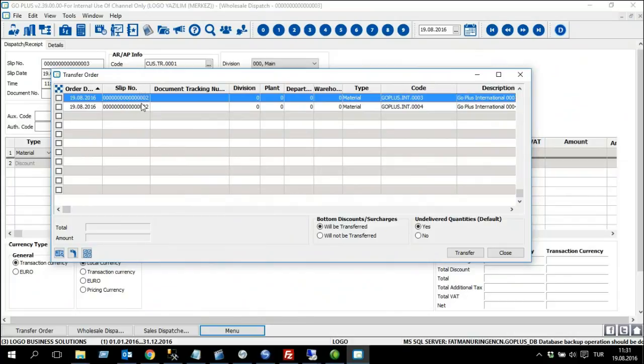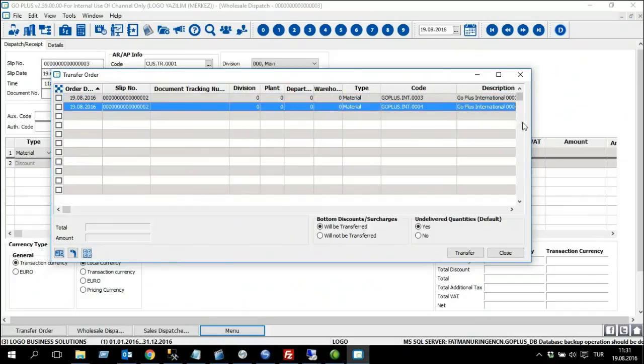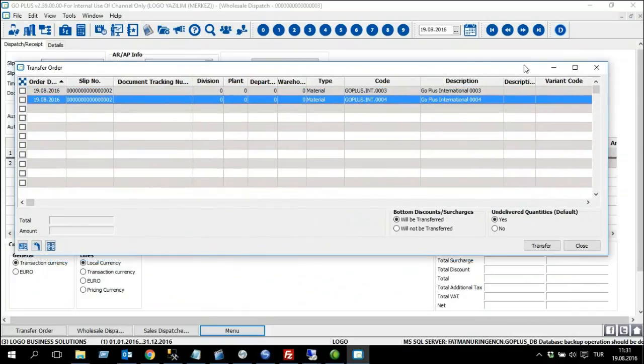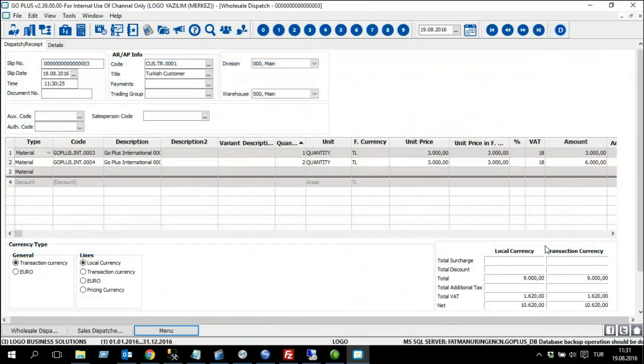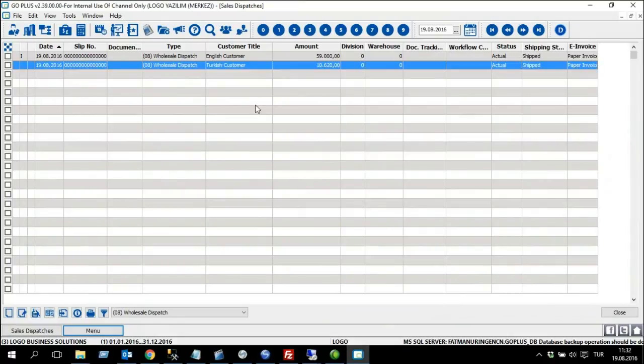You can see the slip number is the same, is the number 2, and I am able to see the lines in my sales order slip. I would like to transfer both of the lines to my sales dispatch, and the information in my sales order slip is automatically transferred to my sales dispatch lines. After saving the sales dispatch,